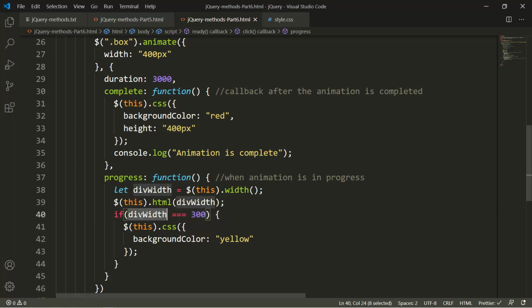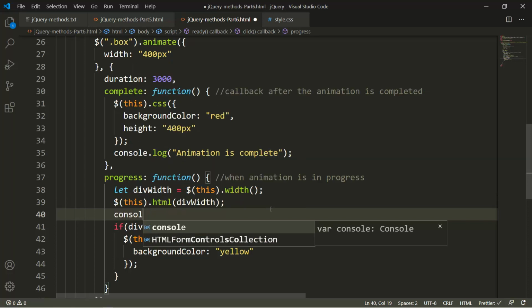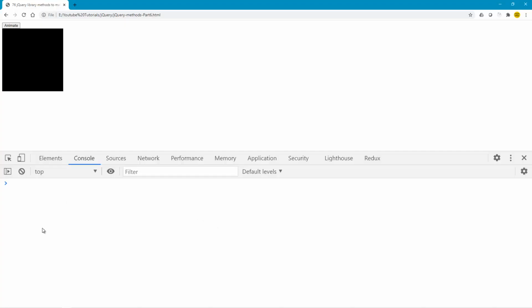So when the div width is 300, change the background color to yellow. Let's do one thing. Before the if condition, I'm adding console.log of div width, so let's see what exactly the div width is.